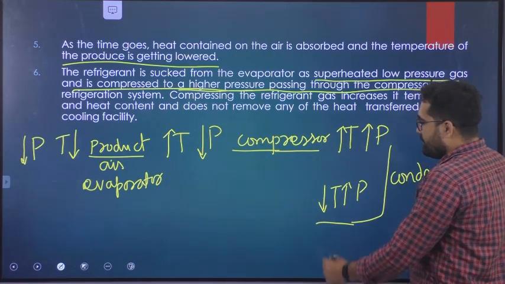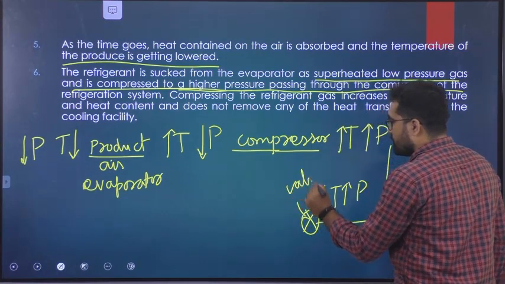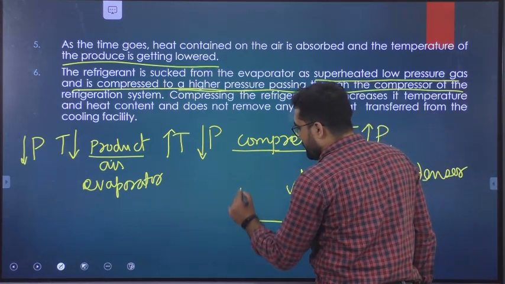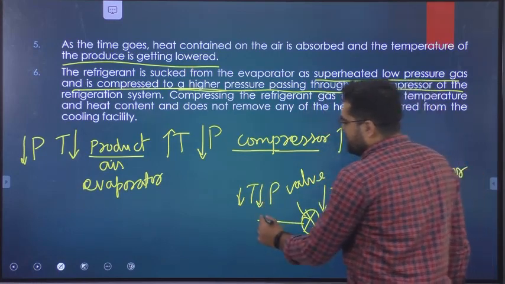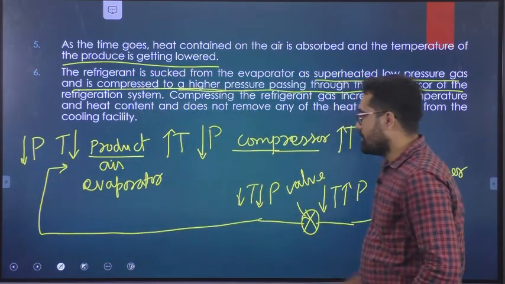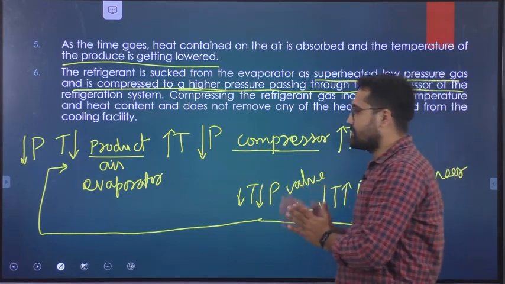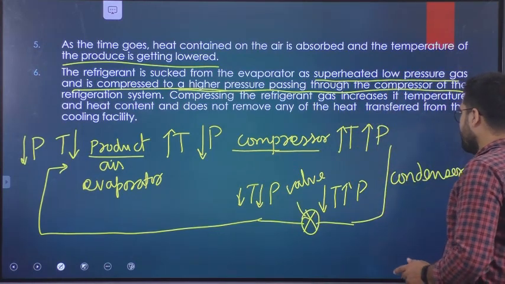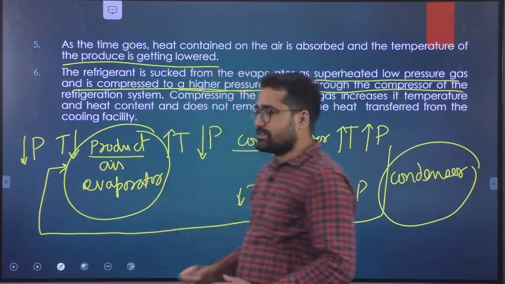So we need a valve which we call a pressure releasing valve, which will again reduce the temperature and the pressure of the system, and this is fed to the evaporator. These are the components which actually work inside a refrigeration system. We will see this later also, but this is how it will work. Today our main aim will be the evaporator and the condenser.